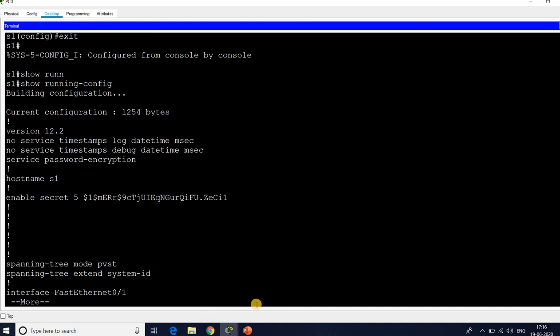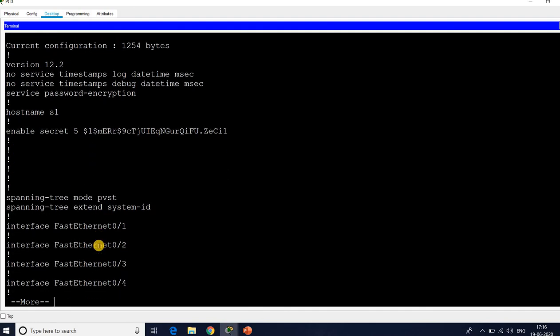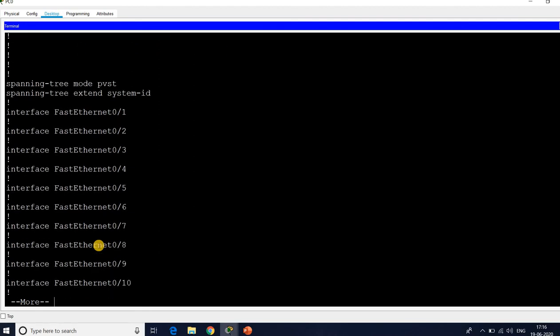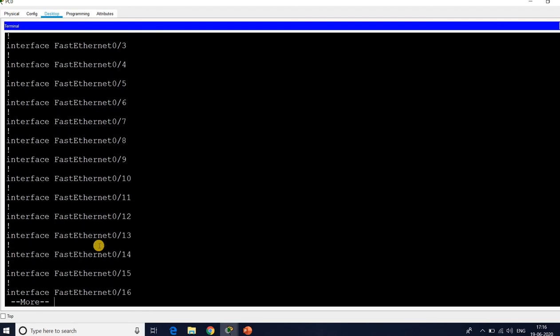I used the enable secret 5 and service password-encryption. So secret 5, the class is like this, and you can see how many interfaces there are, 0 to 15. So 15 ports you can see.